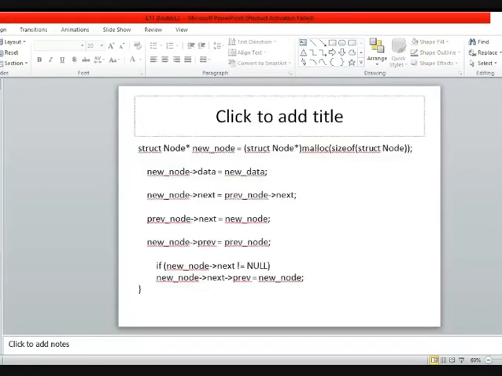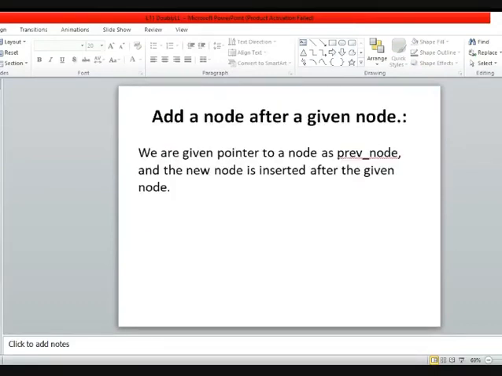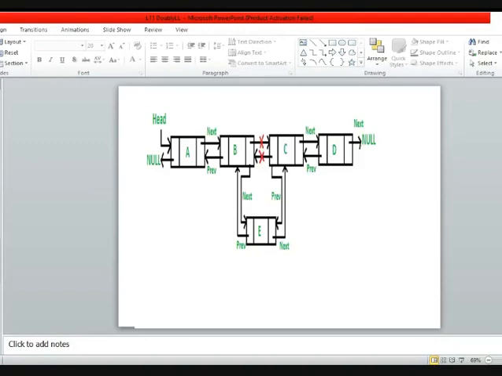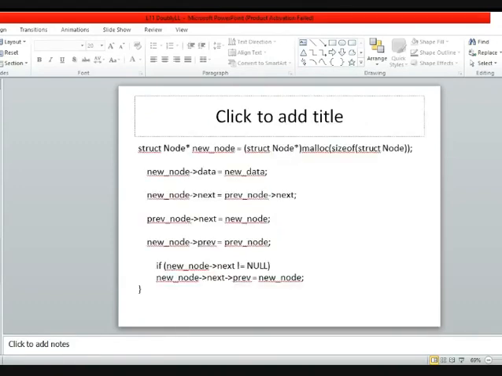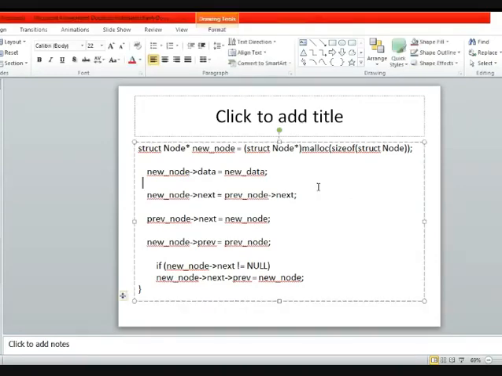Okay, class, I hope the algorithm and the procedure for these three kinds of insertion are clear to all of you: how we can insert in a doubly linked list at the beginning, at the end, or at a specific position, and you can also implement these procedures in your own way. Here's the algorithm for insertion at a specific position, and here you don't have to check whether you are inserting for the first time or not, because there are already two nodes given to you and you are inserting at that specific position. So you don't have to check whether you are inserting for the first time or not. And what you need to do in this case,